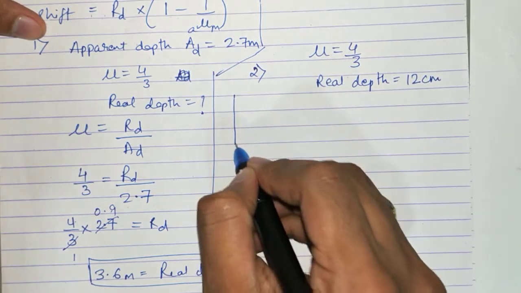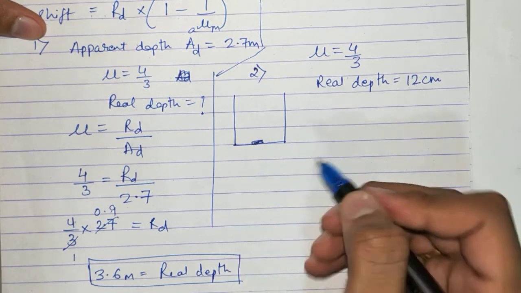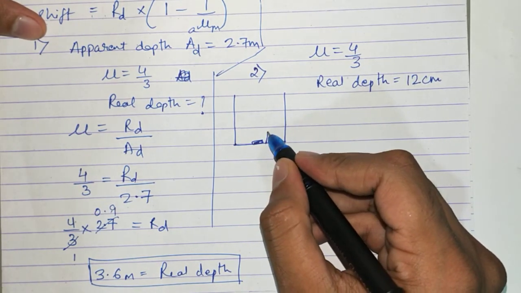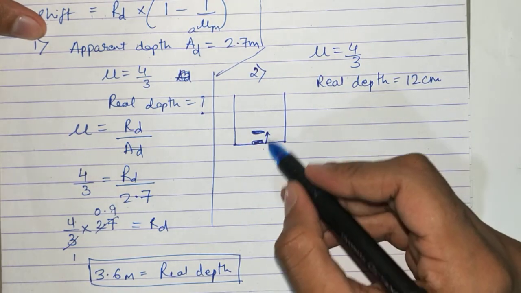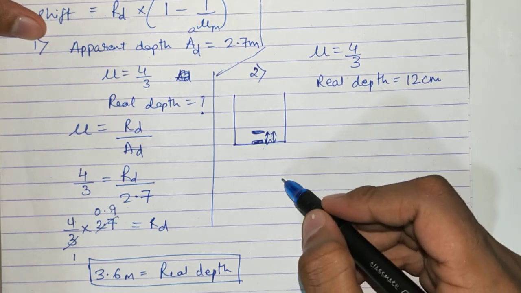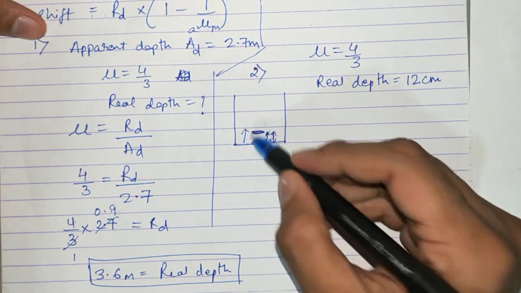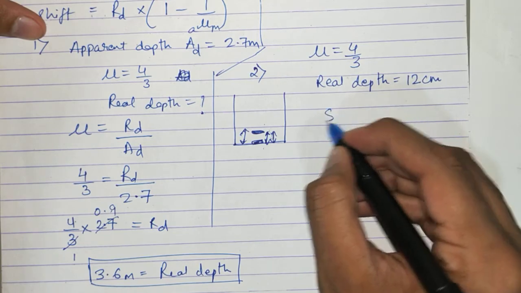मतलब अगर ये कोई कंटेनर है, यहाँ पे कॉइन रखा है, ठीक है, तो they are asking by what height it appears to be raised, मतलब वो कितना ऊपर दिख रहा है कॉइन. ओके, तो कितना ऊपर दिख रहा है मतलब ये वाला डिस्टेंस पूछा है. बाय व्हाट हाइट इट अपीयर्स टू बी रेज्ड मतलब कितना रेज हुआ है वो कॉइन. सो ये जो डिस्टेंस होता है ना, this distance is called as shift.